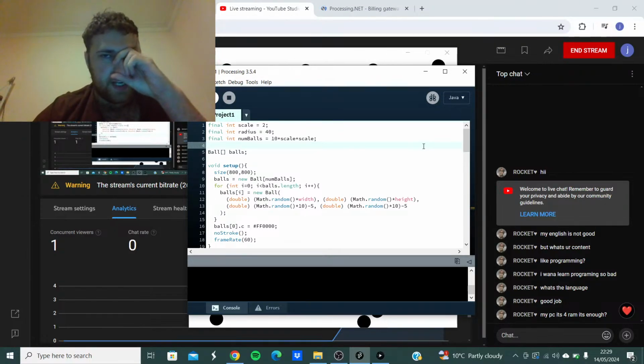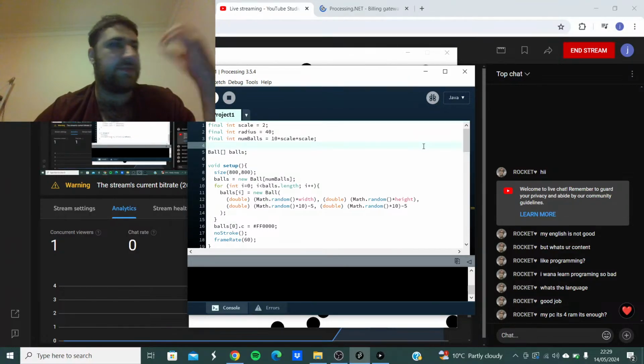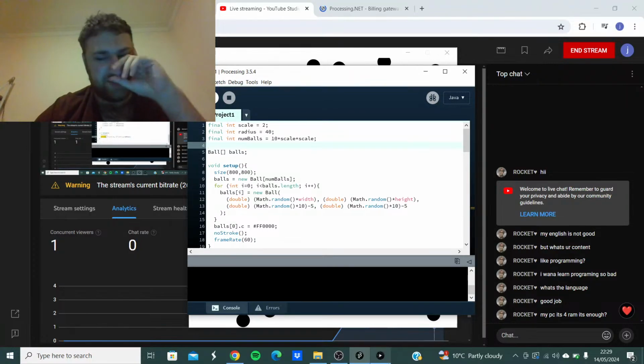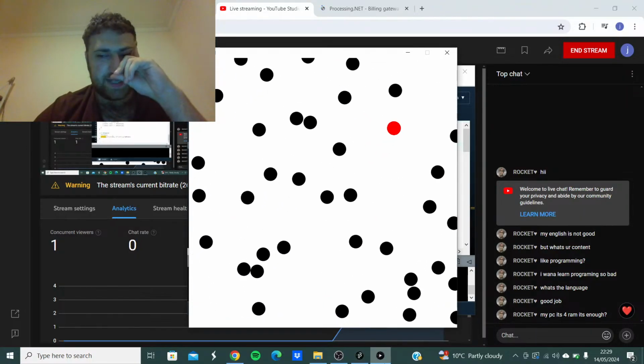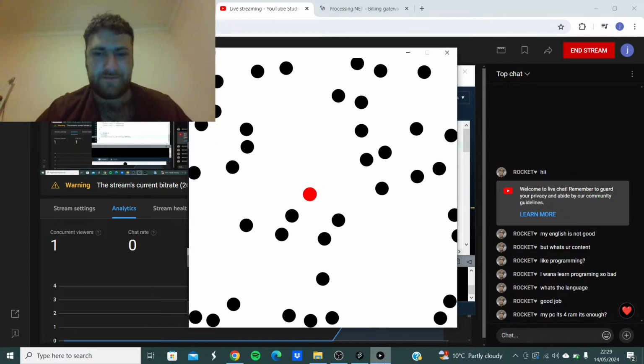4 gigabytes of RAM is probably plenty. There's no way this is going to use up that much. I think a typical Java program probably takes up, I don't know, honestly, I'm not really sure. I don't think it takes up that much RAM. I guess I can always just check the